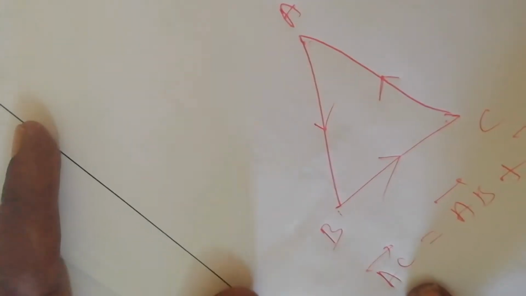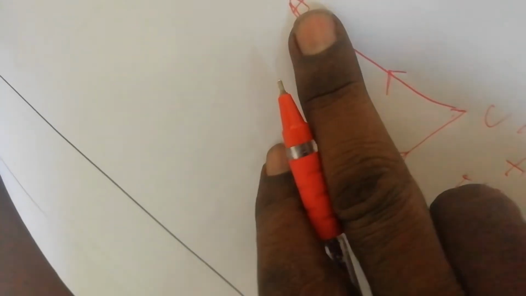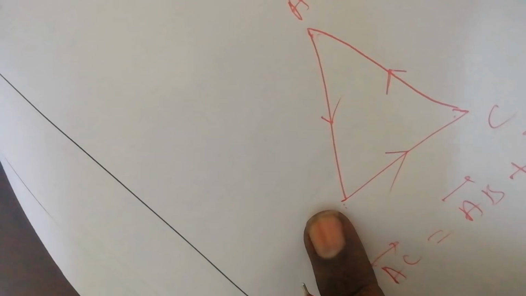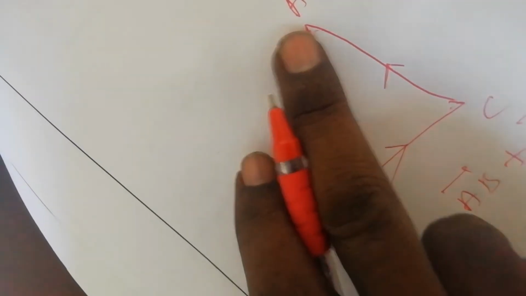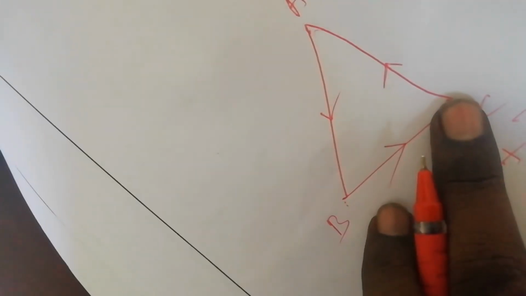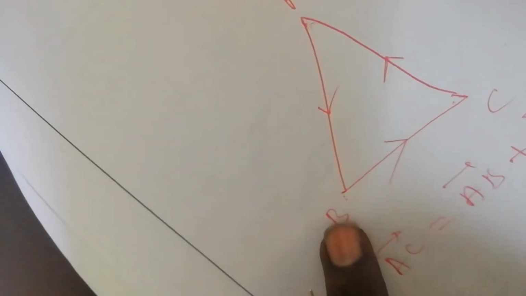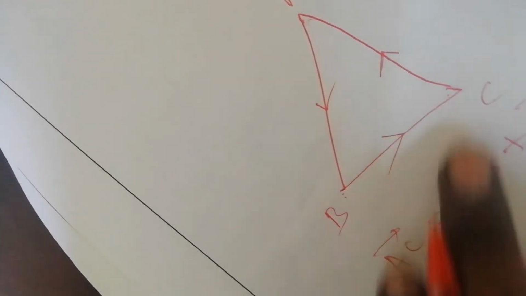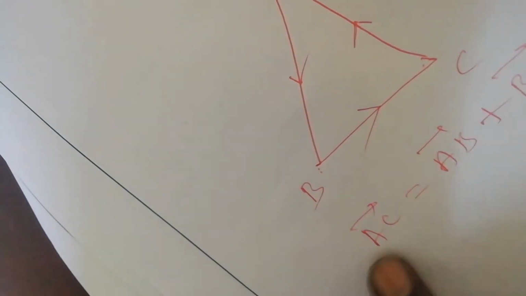Suppose you want to go from Pandi to Chidambaram. How do you go? First of all, from Pandi to Kadalur. Next, Kadalur to Chidambaram. Okay? You want to go from Pandi to Chidambaram, but how is it possible to go? A to B means A to Kadalur, so Pandi to Kadalur, and then Kadalur to Chidambaram. This is called the triangular law.